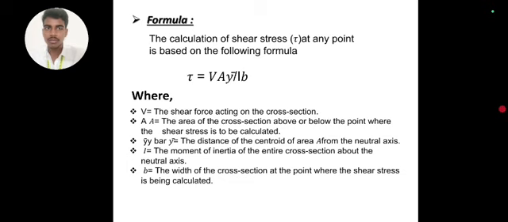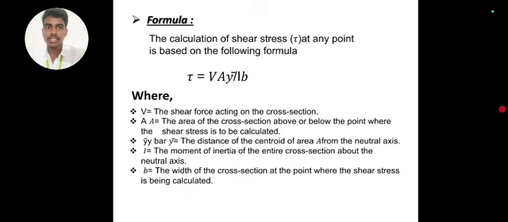Formula. The calculation of shear stress tau at any point is based on the following formula. Tau equals V times A times y bar, all divided by I times B, where V is the shear force acting on the cross section. A is the area of the cross section above or below the point where the shear stress is to be located. y bar